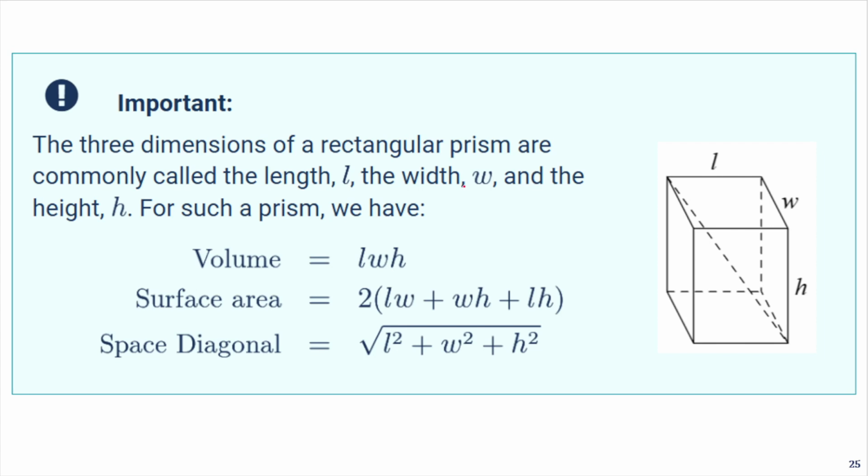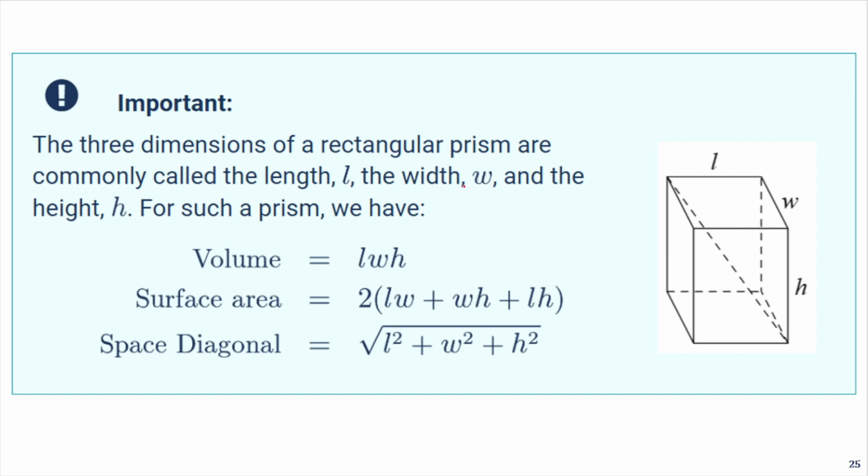For such a prism, we have the following formulas. First, the volume of this prism is given by L times W times H. Surface area is 2 times (LW plus WH plus LH). And space diagonal is given by square root of L squared plus W squared plus H squared. Any questions? Okay, if no questions,